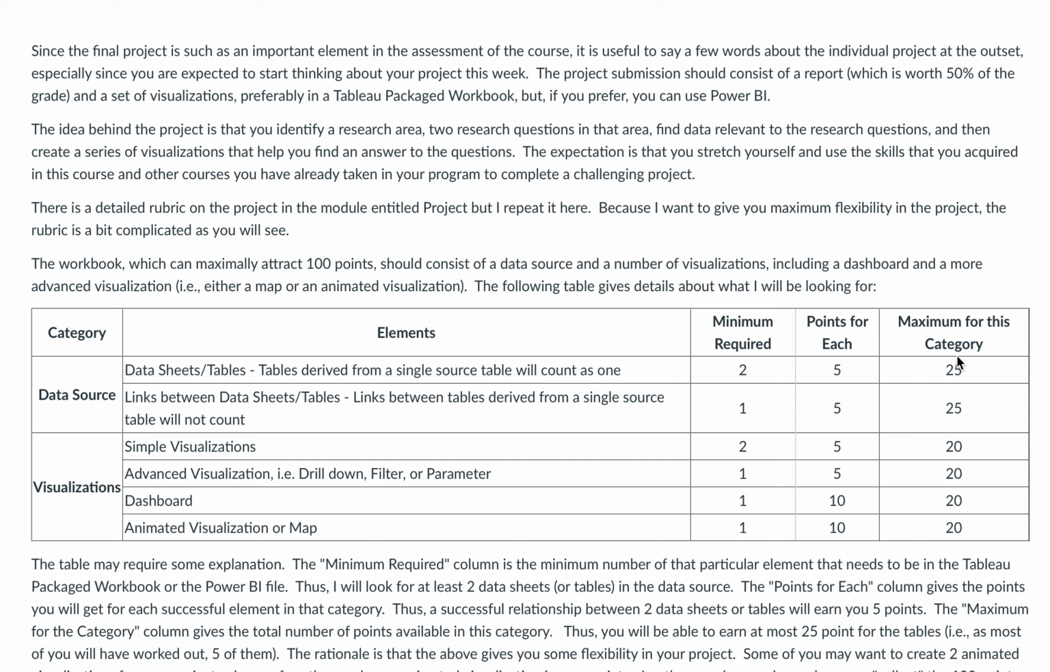The maximum for this category column gives the total number of points available in this category. Thus, you will be able to earn at most 25 points for the table, and as most of you will have worked out, that is 5 of them. The rationale is that the above gives you some flexibility in your project. Some of you may want to create 2 animated visualizations for your project, whereas for others only 1 animated visualization is appropriate. In other words, you choose how you collect the 100 points available for the project within the parameters